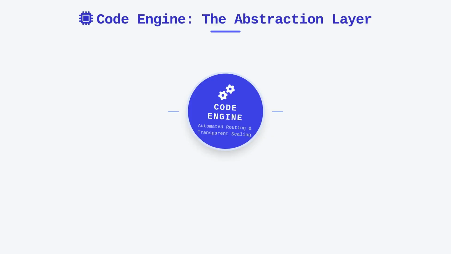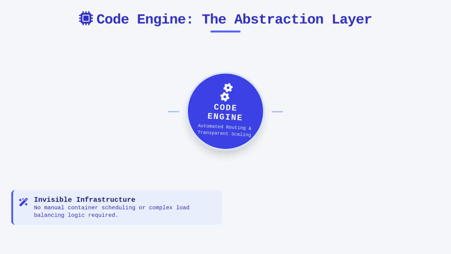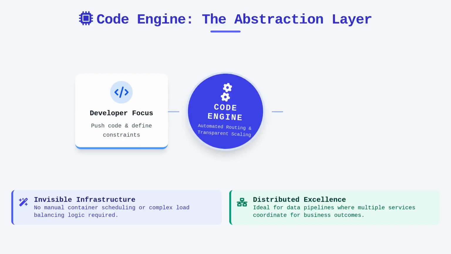Ultimately, Code Engine functions as an abstraction layer that solves the complexity of modern deployment workflows through automated routing and transparent scaling. Developers can reach the market much faster because there is no need to configure complex load balancing or manual container scheduling logic. The underlying infrastructure effectively disappears from the developer's consciousness, leaving just a clean interface to push code and define constraints. This is highly effective for distributed data processing pipelines where multiple services must coordinate to achieve